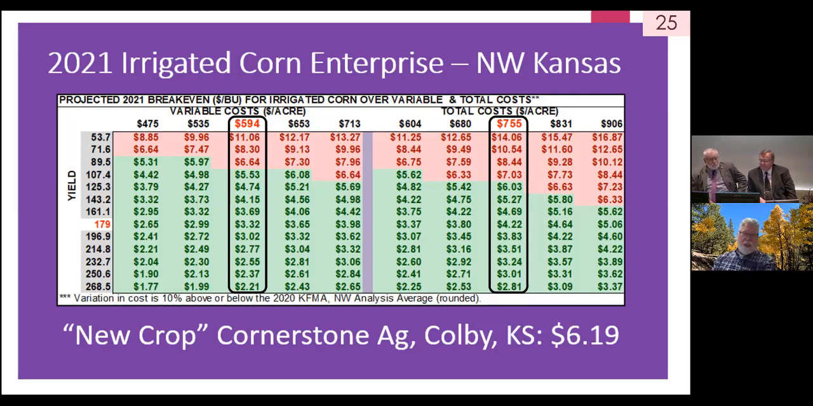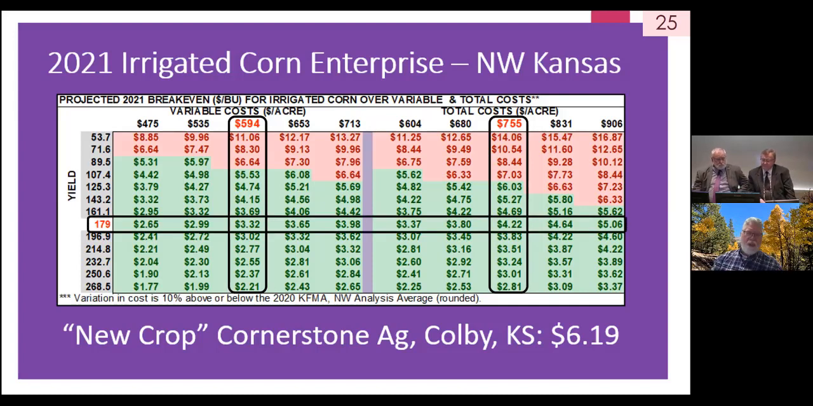That includes a labor charge and a land charge, depreciation, real estate taxes, an interest charge. If you're using your own money, that's about $755. Now, the columns on either side of those highlighted, the ones with the line around them, represent a 10% increase going to the right, 10% reduction going to the left. So in total cost, the average might be $755, but what you might be sitting on your farm is $800 or